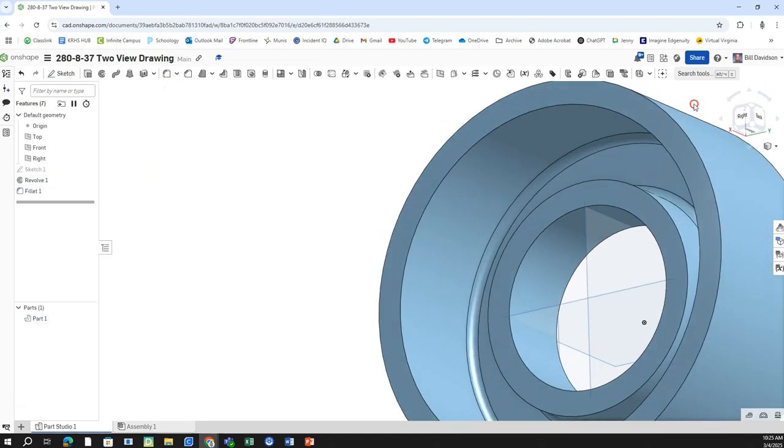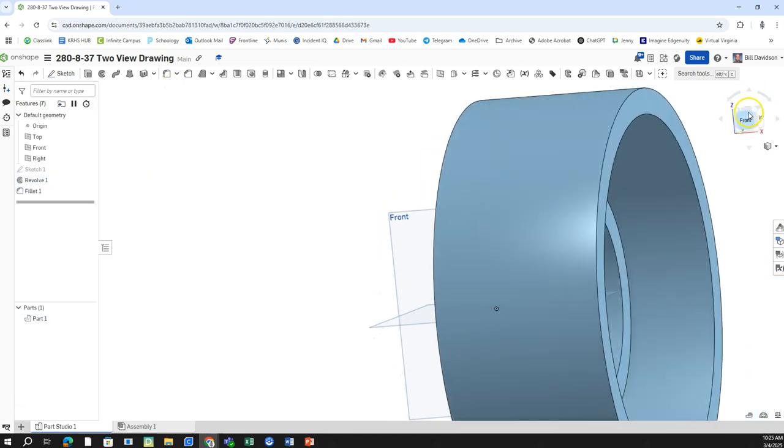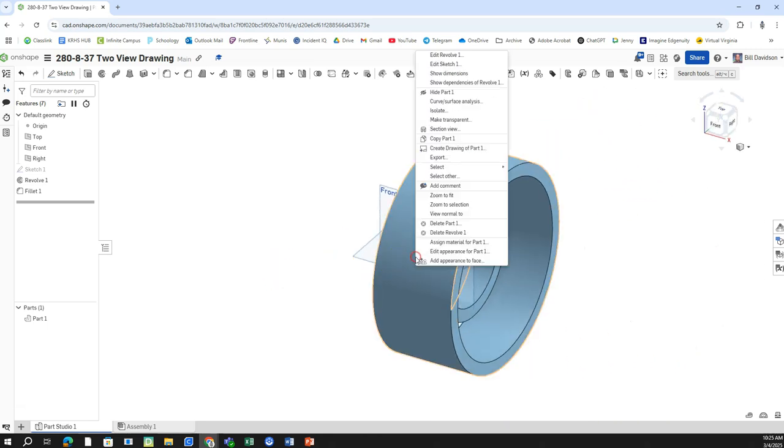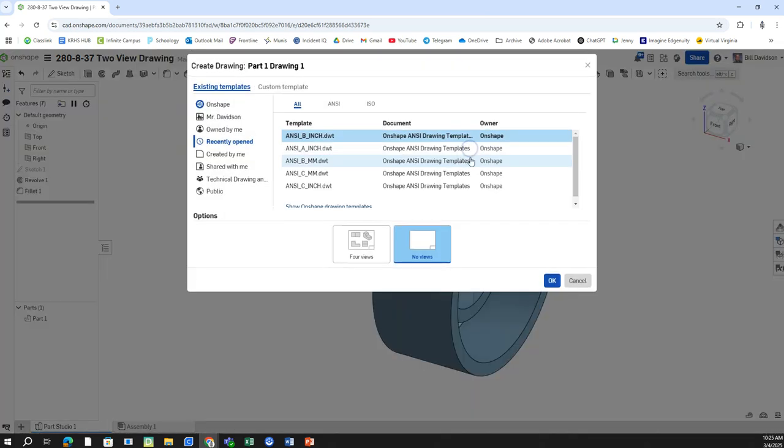Okay, so now the part is done. That's what it should look like here. So I'm going to right click on it, click create a drawing. Now I'm going to click, since it's in inches and I like the NCB, I'm going to do NCB inch there. If you don't have that, click this where it says show Onshape drawing templates and go here and click the NCB inch DWT to do that. Alright,